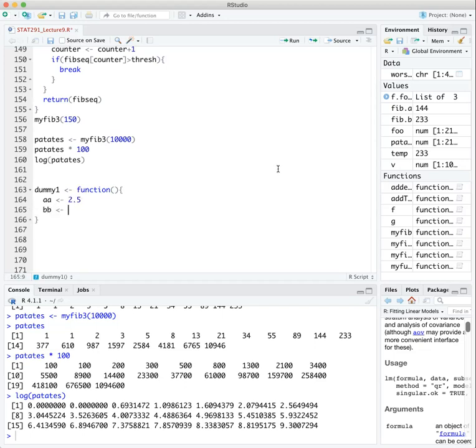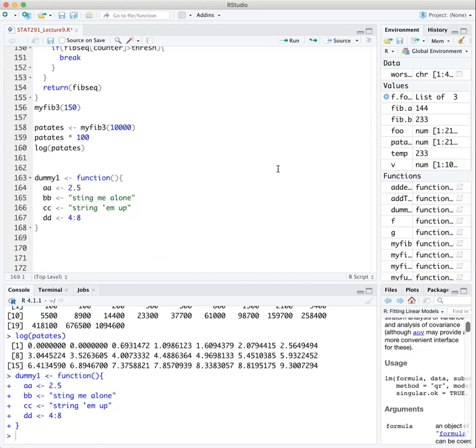I have my BB as a string, "alone". And I have CC as a string, "up", and I have DD as 4 to 8. This is the function. When I run this one,